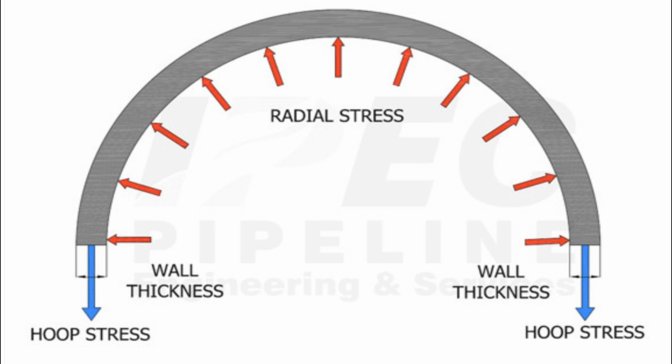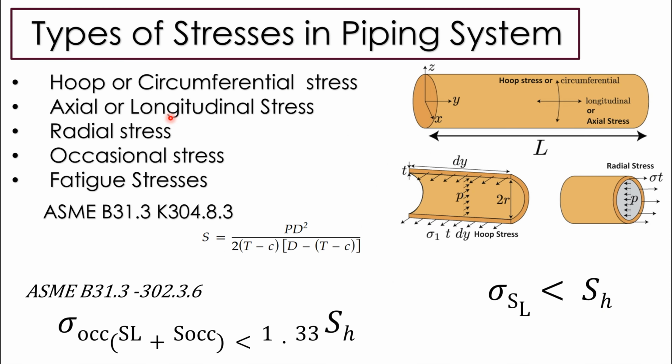Hoop and radial stresses are taken care of during wall thickness calculation of the pipe, while longitudinal stresses are considered during the formal stress analysis of the pipe as per ASME B31.3. As you can see over here, sigma L should be less than sigma SH. It means the stresses in longitudinal direction during the formal stress analysis of the pipe should be less than the hot allowable stress